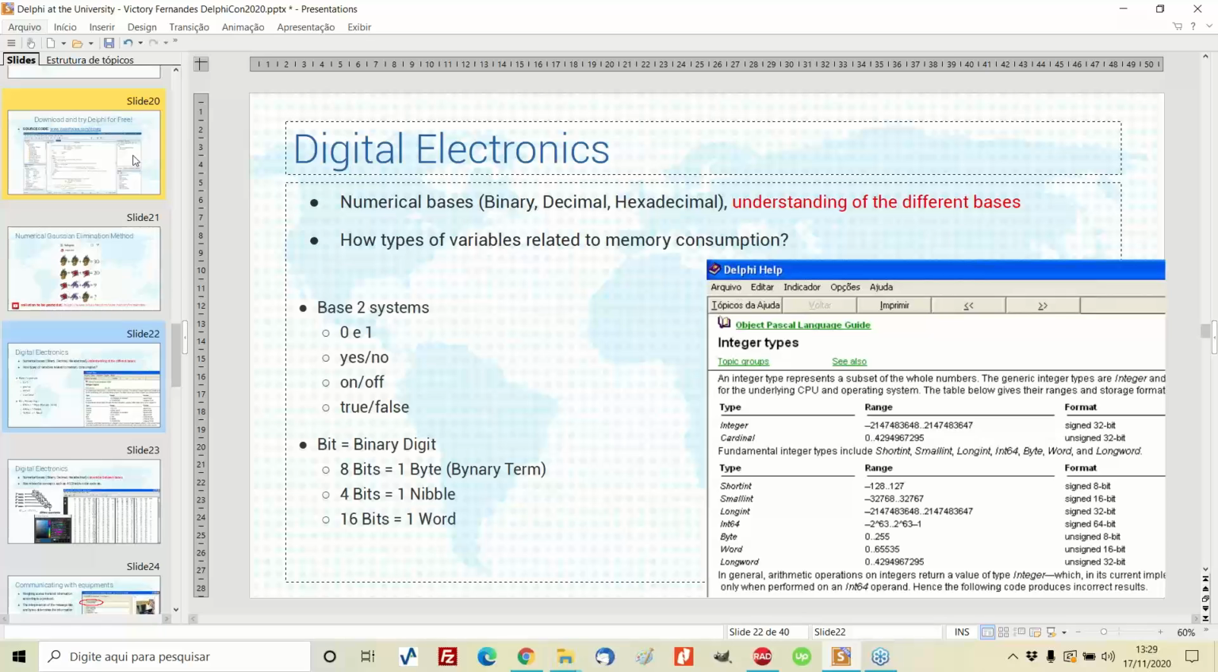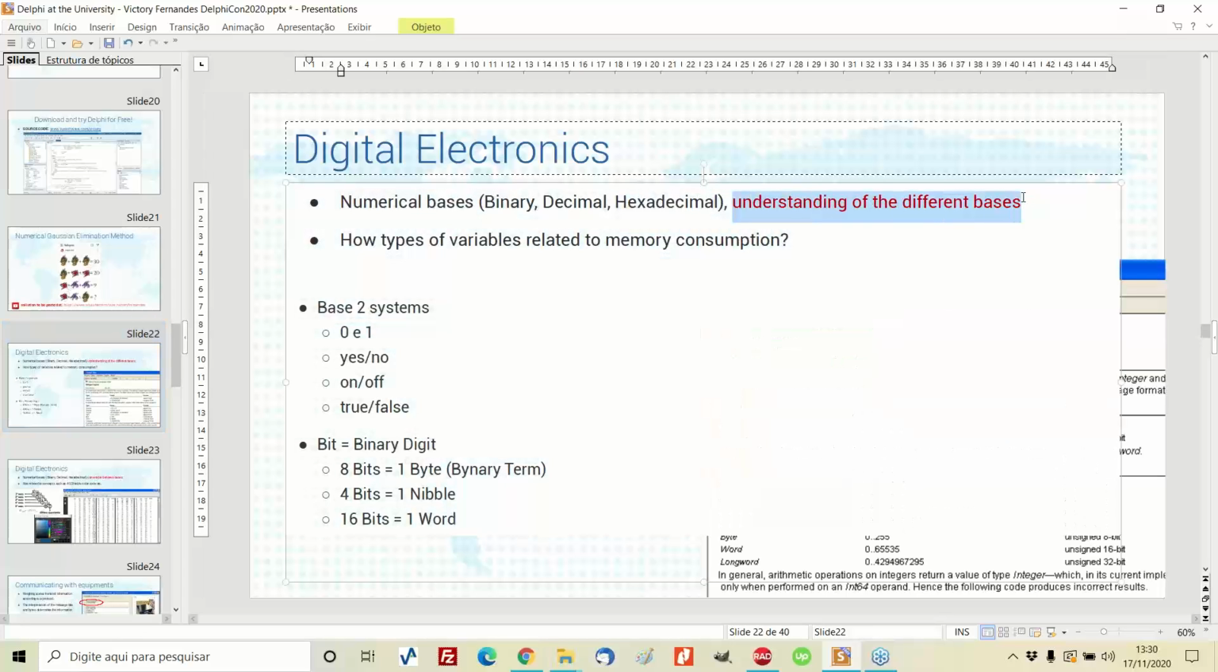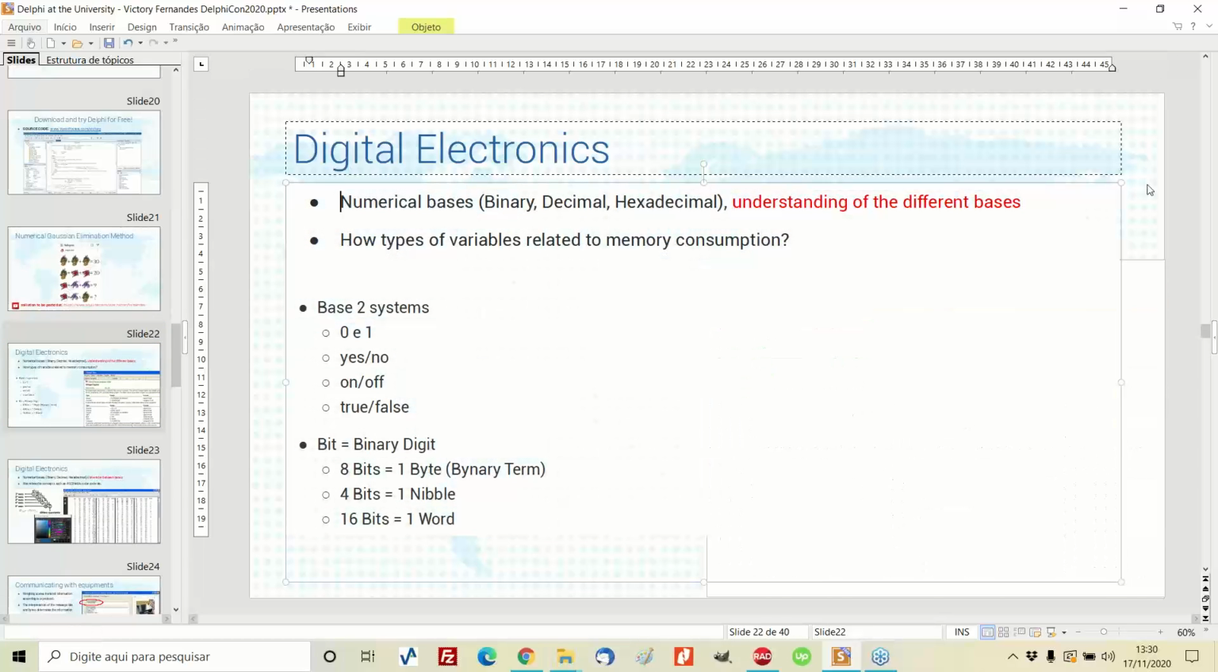For many years, I was teaching programming, but I was also teaching digital electronics, which can be a discipline in the electrical engineering course where we simply do not talk about software. But I always thought it made no sense not to talk about software, so I was always also using Delphi to teach digital electronics. So when I had to teach numerical bases, and students had to understand the different bases and how they were related,